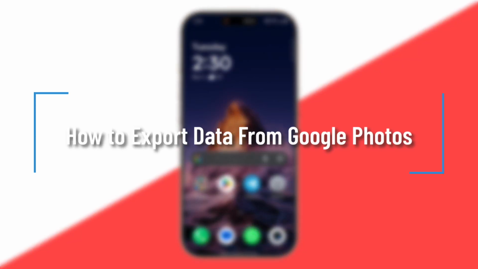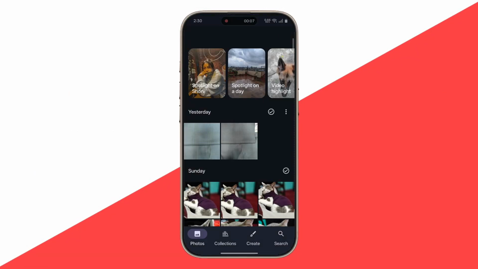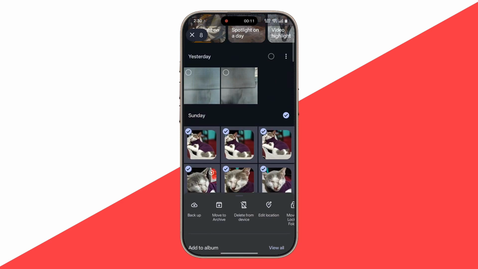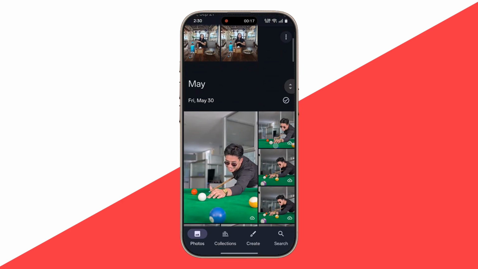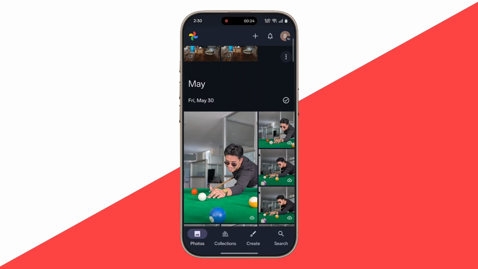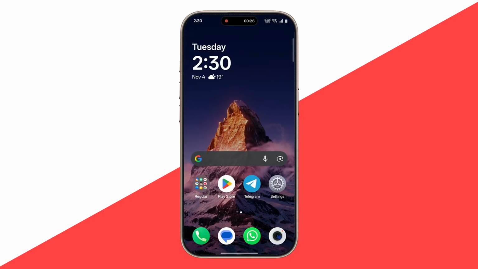How to export the data from Google Photos. Now, to export data from Google Photos, if it is a certain number of photos, you can choose to download them manually by selecting them and tapping on the download button to be able to download all of these in this case, right? But if you have a large number of photos, which is not possible to export this way, what I would recommend you do is you open up your